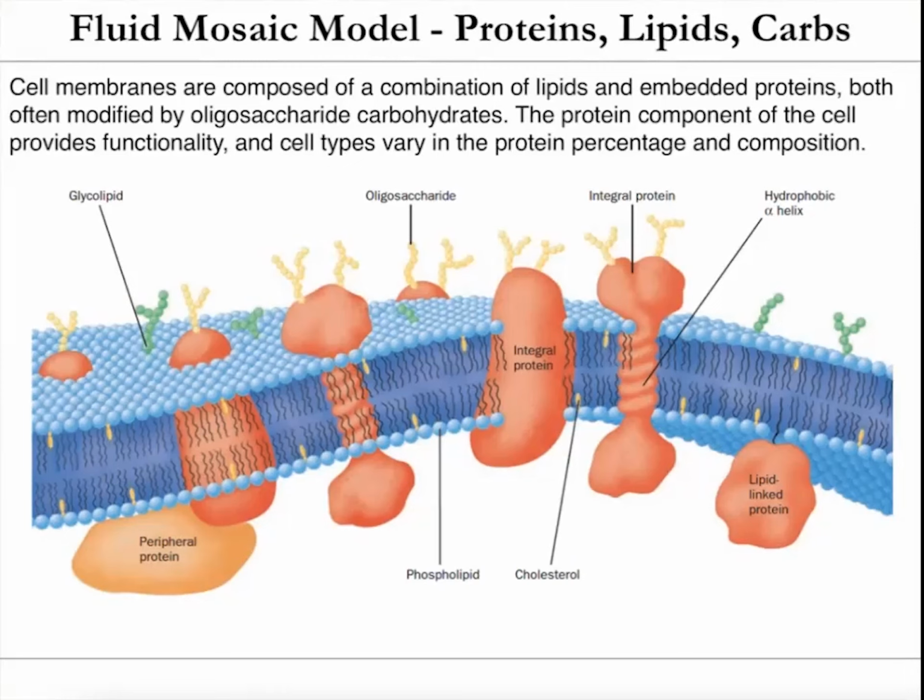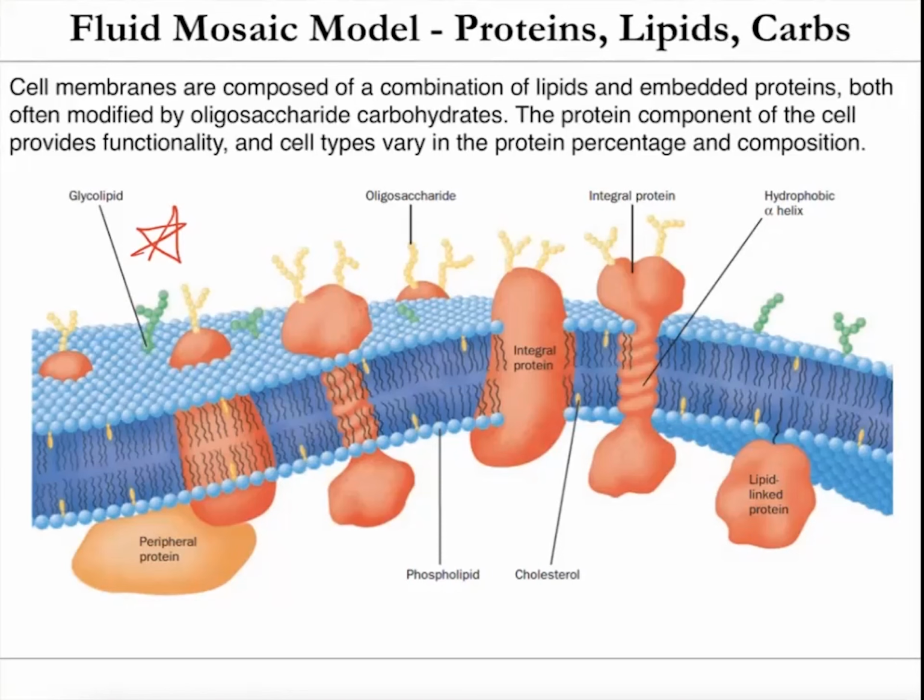Now, what's interesting about lipid membranes or cell membranes or plasma membranes, whatever you want to call them, is that they are way more complex than we just showed. So they are primarily made of these lipid bilayers, but really importantly, cell membranes are made of a combination of lipids and proteins. And as you can see here, that gives us what's called a fluid mosaic model of the cell membrane. So it's this lipid with these embedded and associated proteins as well.